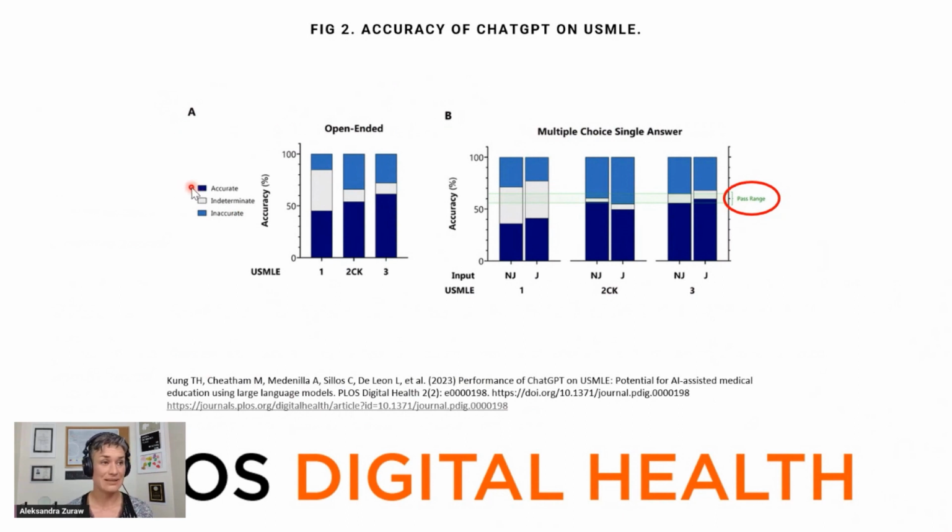And here we can see the dark blue is accurate. The USMLE has 3 parts, and this was the performance for each of the parts. The first part not so good, but second and third pretty good. And here in the multiple choice single answer, it was, so here, inaccurate or indeterminate. It could do better, but for a non-person trained on general non-medical data, I'd say it's pretty good,